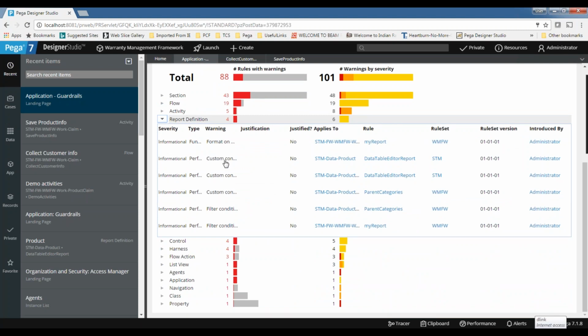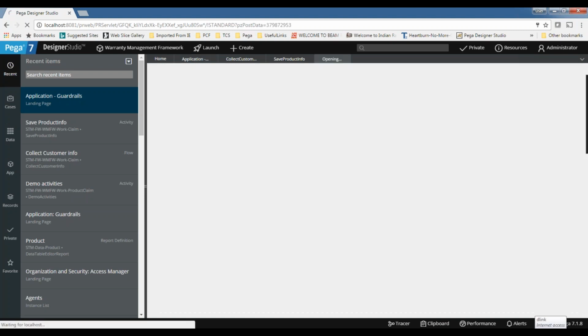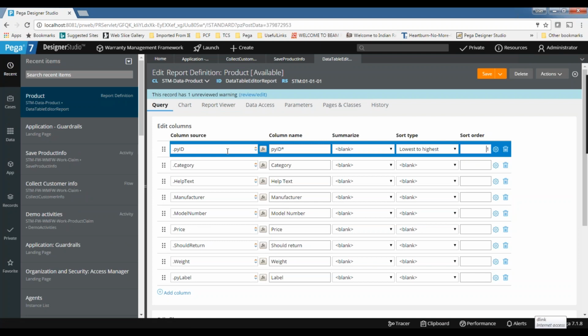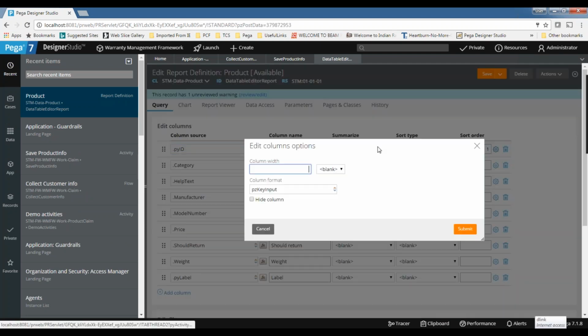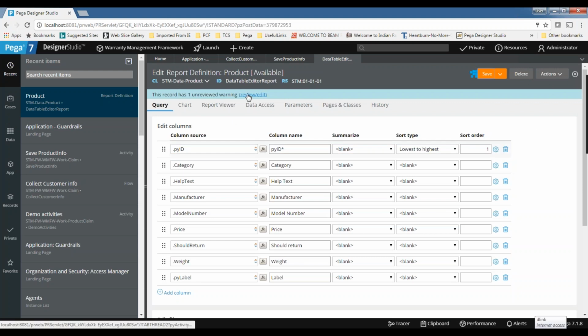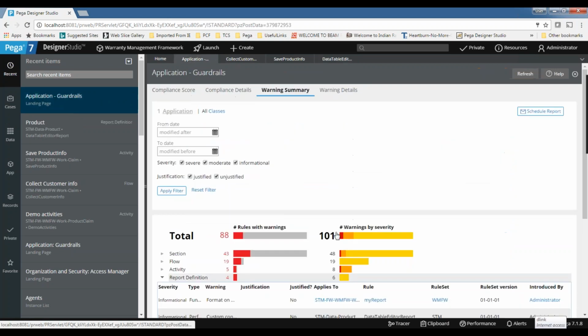Custom control option. That means somewhere we are using custom controls on the filters. Let's open once. What does custom control mean? We are using some sorting. On the sorting, system will automatically apply the custom control. You can see sorting order is there. When displaying the data, system will display it using the sorting. For sorting purpose, system is using column format PGT key input. So you need to remove this one. That is the error they are saying. This is the column input they are saying, so we need to remove it. You can see the early warning is coming here also, on the rule form itself. You need to fix that one.